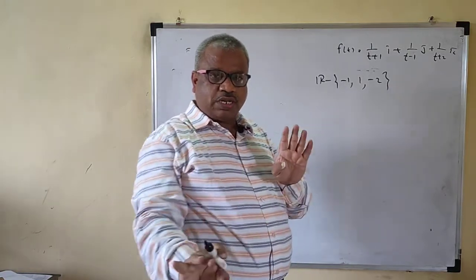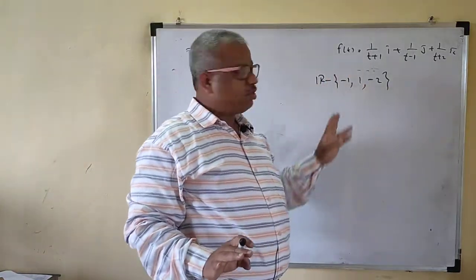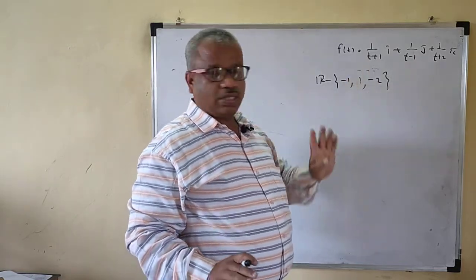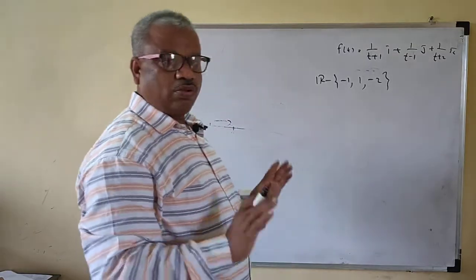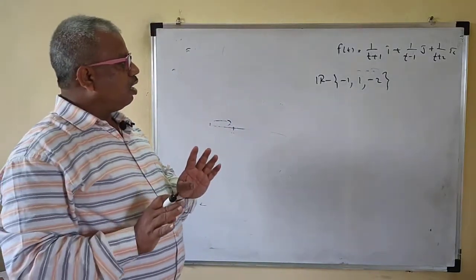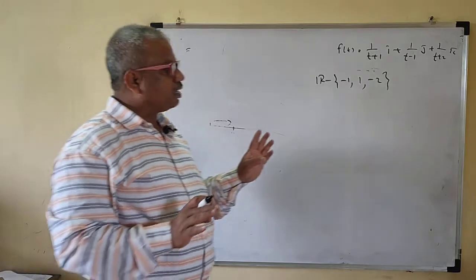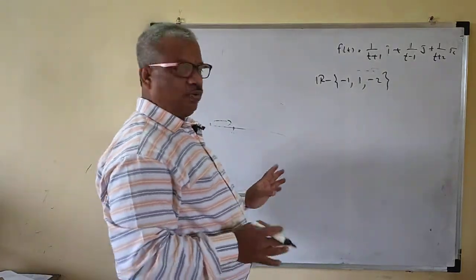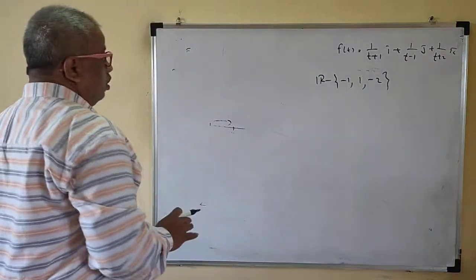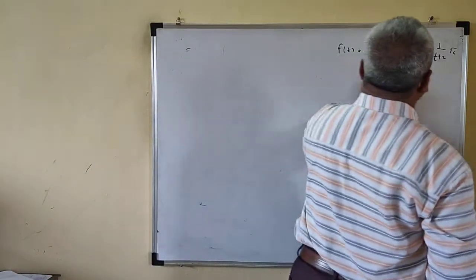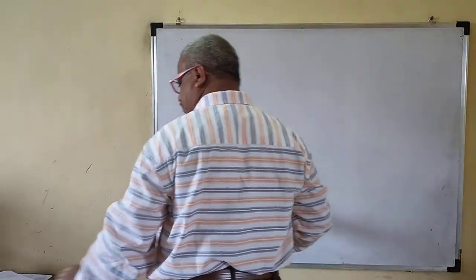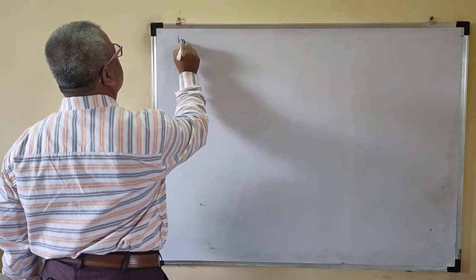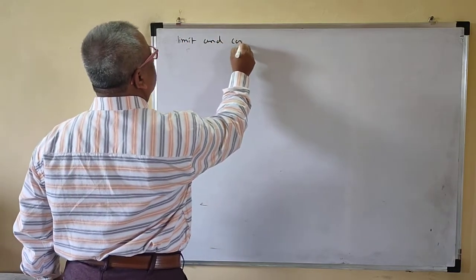Okay, so you have to remove the discontinuities. That means these are the discontinuities of this function. That means your function is not continuous at minus 1, 1, minus 2. Note that, we know the continuity and discontinuity. We have seen all the chapters of this vector calculus, so you are familiar with all those things. I hope that you understand the domain of the function. Then limit and continuity.